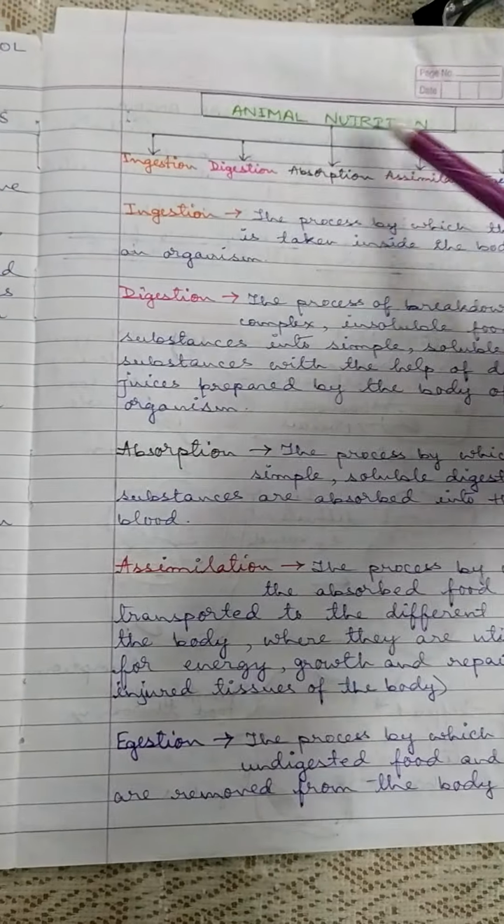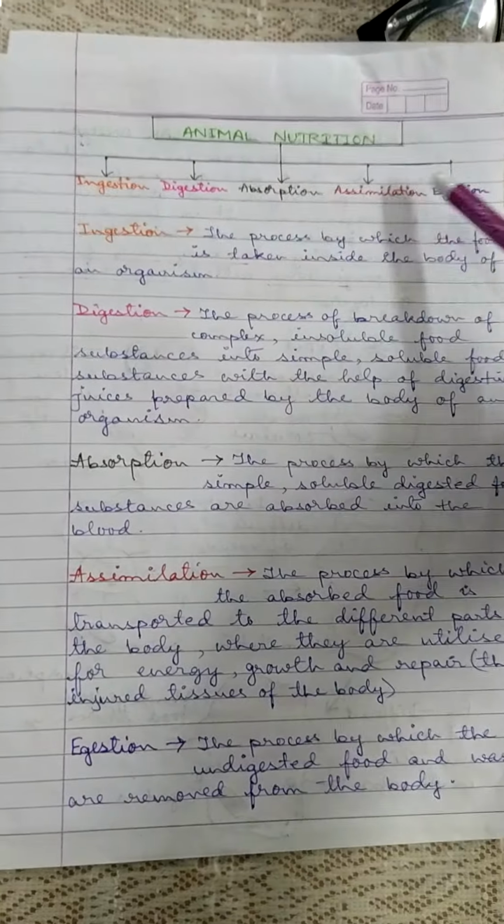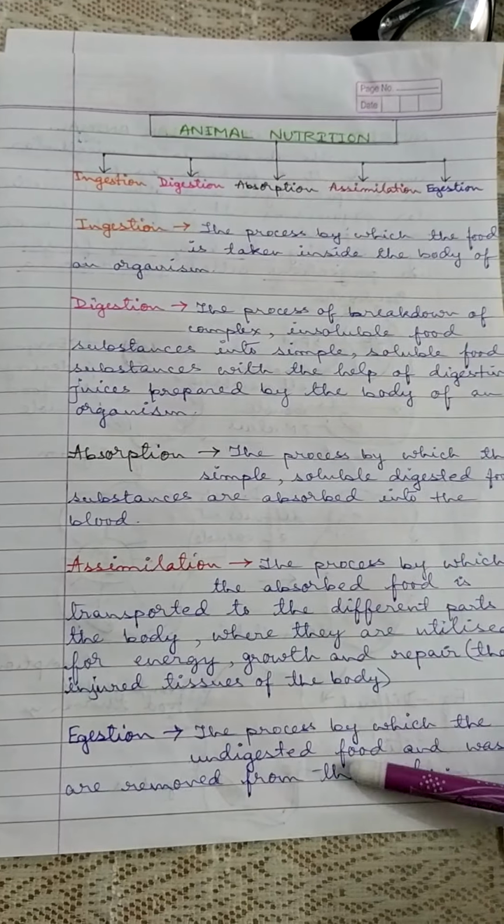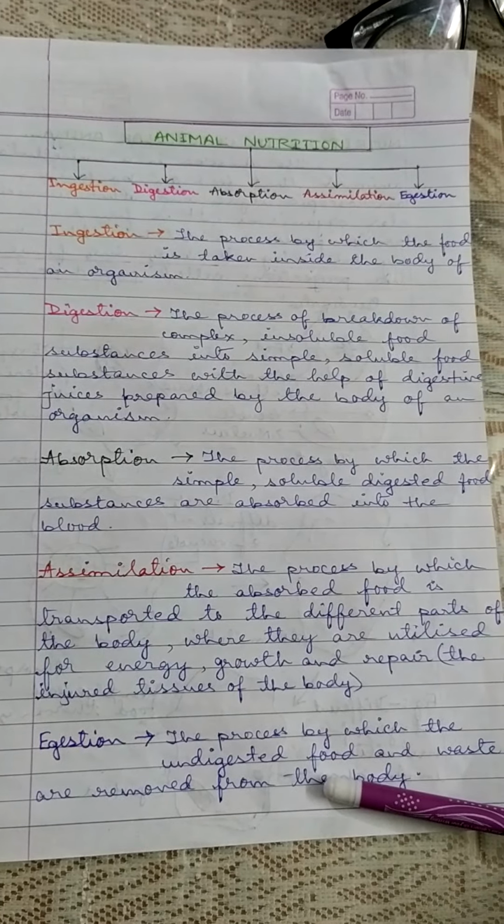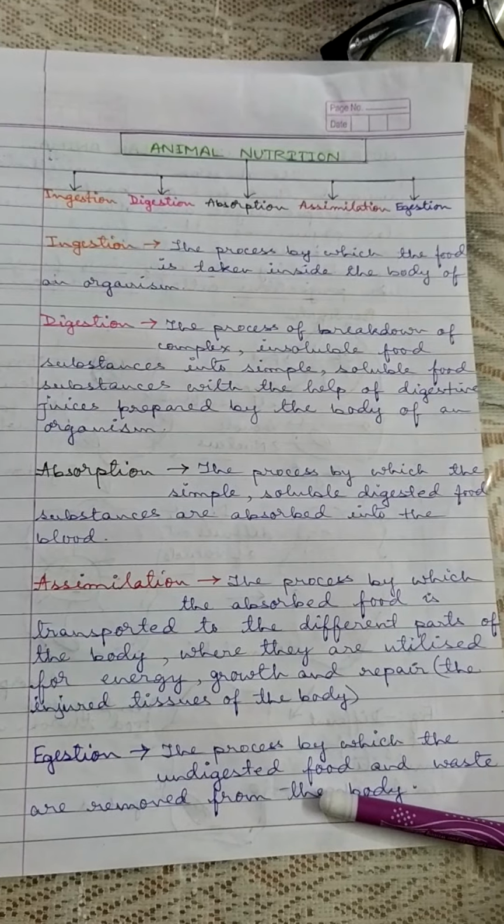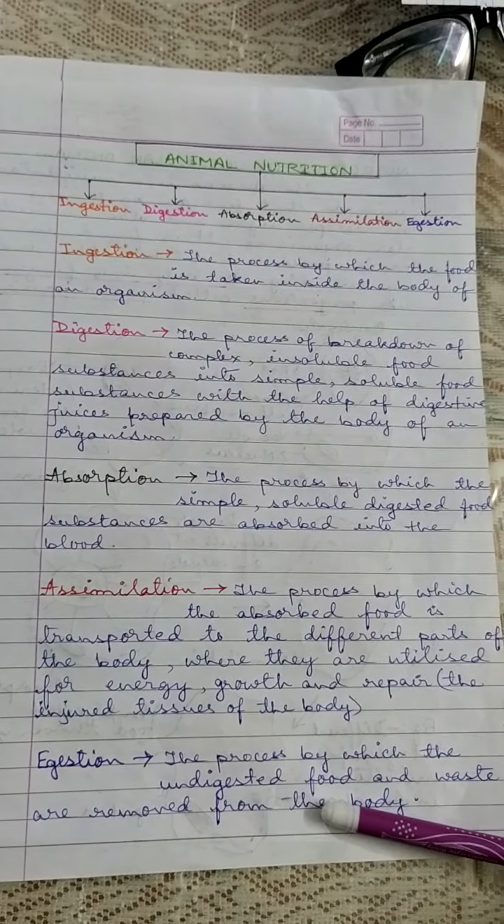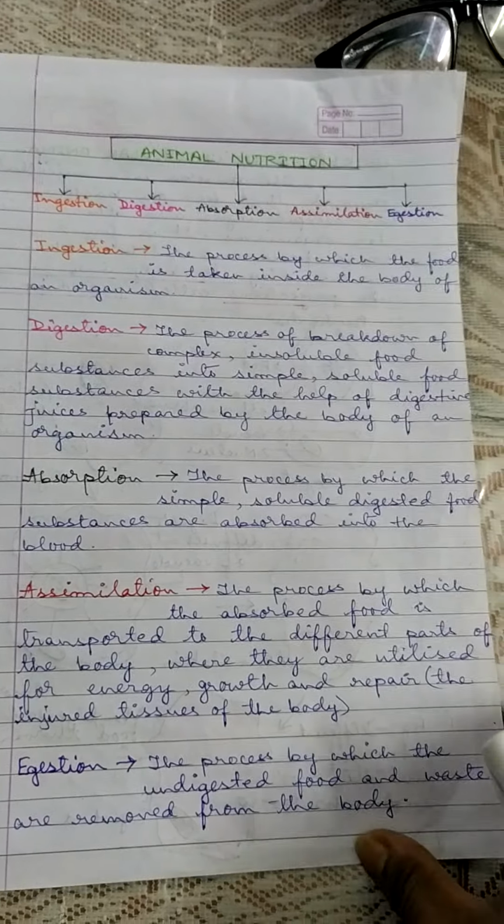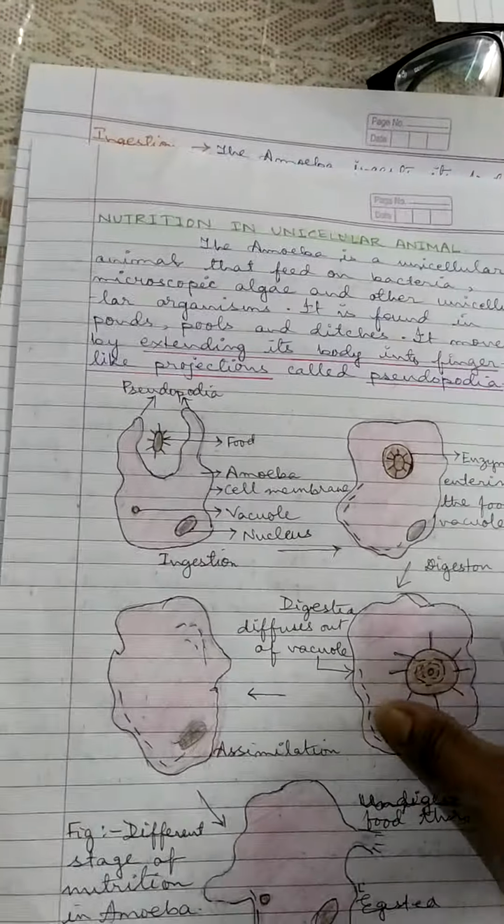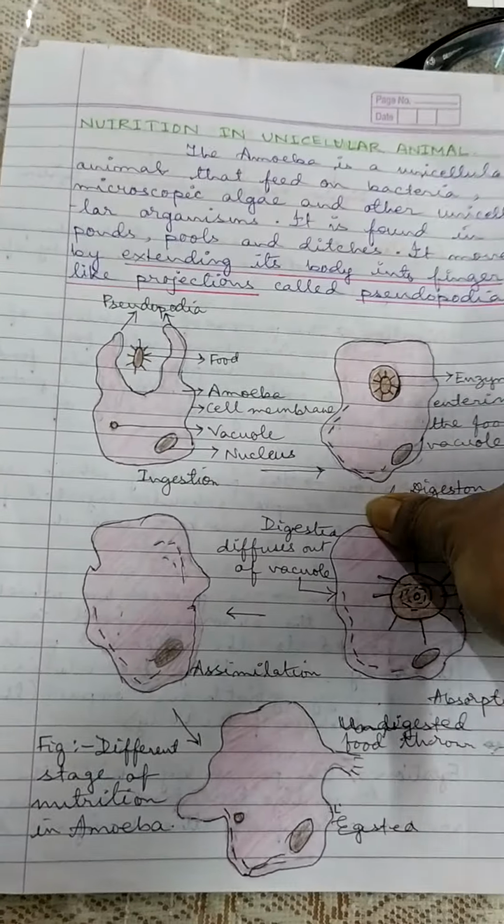So animal nutrition needs all these 5 steps, then only the food we have eaten and the energy we have received from it gets into our blood and is transported all through our body and does the real purpose of taking food. Now we will talk about